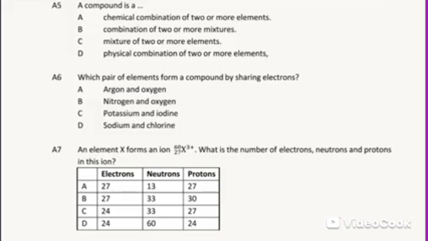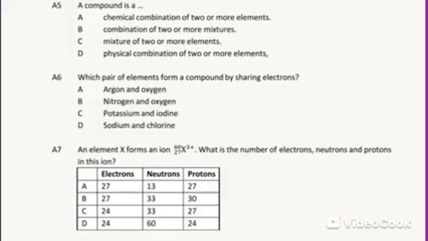Question 7. An element X forms an ion. This gets the X 27 3+. What is the number of electrons, neutrons, and protons in this ion? So from the table, let's analyze. You need to understand that since you have this ion with a 3 plus charge, it means this ion has already lost 3 electrons,